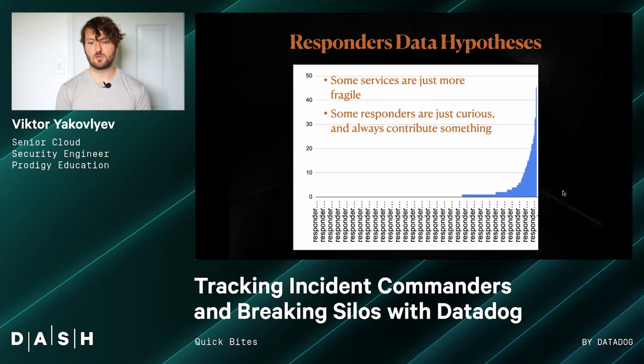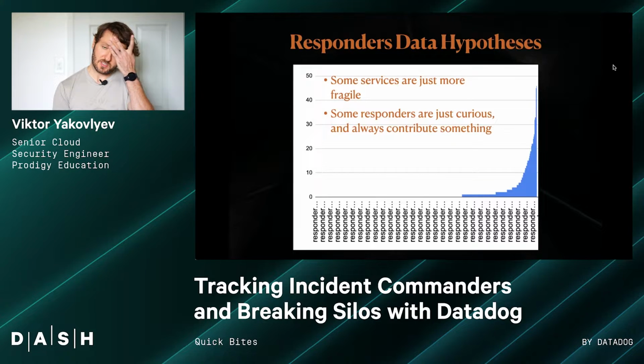looked like. So if we have a look at the responder data here at Prodigy and try to make some hypotheses for why there's such a cluster of the top responders, we could hypothesize this: the infrastructure folks constantly responding. We could say that maybe there are a couple of painful services that we'd love to address, and their owners continue to respond to incidents because those services keep falling over. Or we have some curious parties, maybe the same people always supervise the call, or maybe there's a bot.